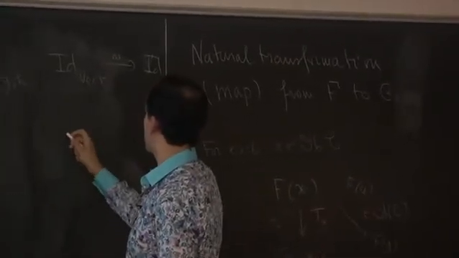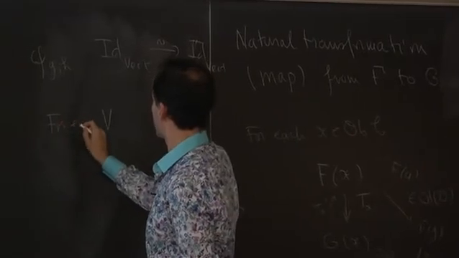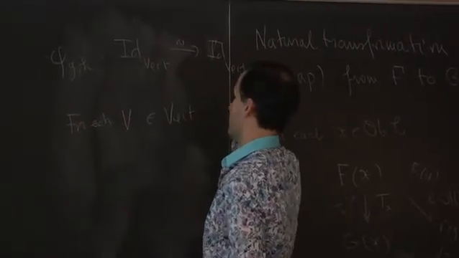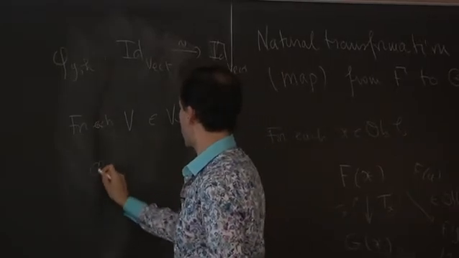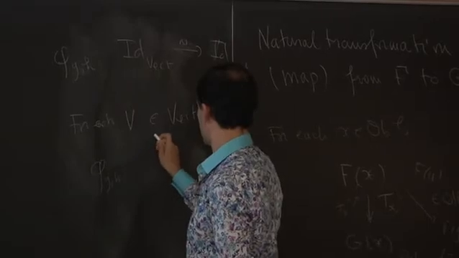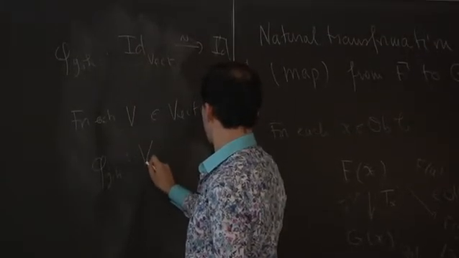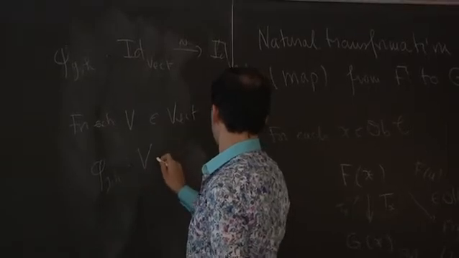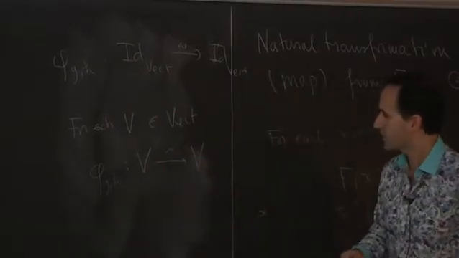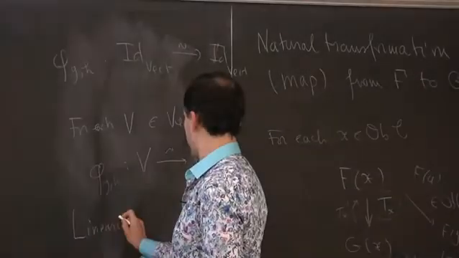It means that for each vector space V in the category of vector spaces, you need a phi gh from V to V. But now we have some properties such as linearity,